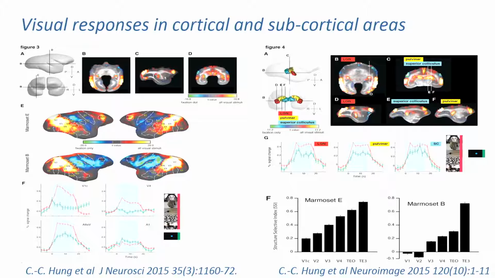The LGN areas activate really well, and then here you have activation through all the main visual areas: primary V1, V2, V3, V4, MT here. All the areas in the extrastriate pathway are responding well. One of the interesting features that we saw is that there is some sort of hierarchy of these different areas,